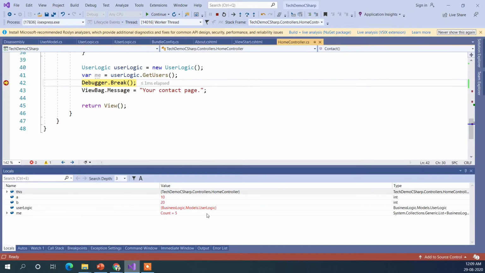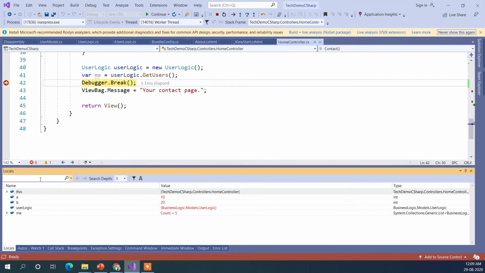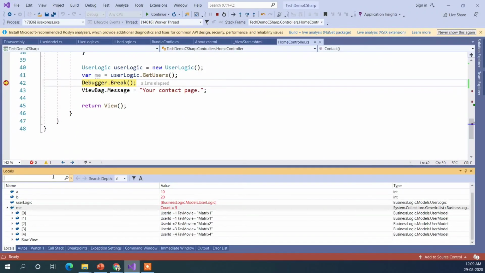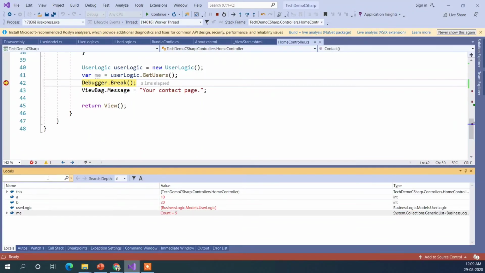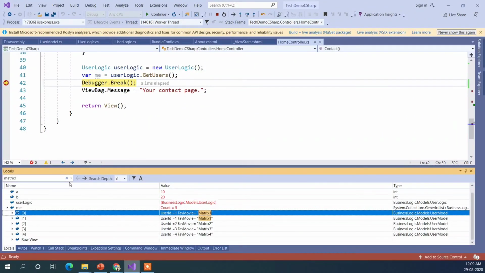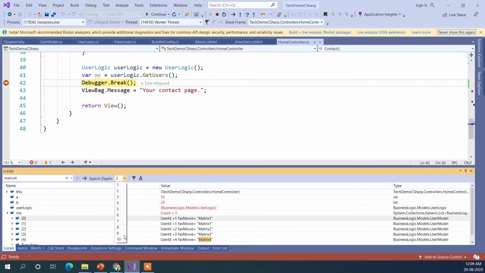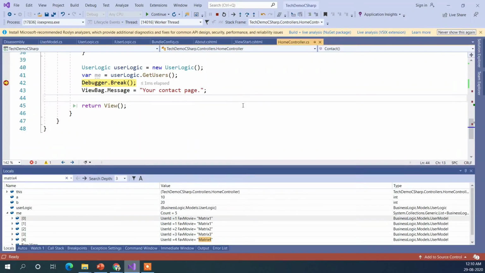And one more thing which I forgot to tell, that locals also have a mechanism to search. So if I was interested in matrix 1, I can just start searching inside it and click search. It will just show me where our value is residing. It will search all the fields. So like I was interested in 4, so it will show 4, and you can also change the depth of it. It can go up to 10 depth. We can also filter it here. So this is the same thing. So that is another thing which is really handy.